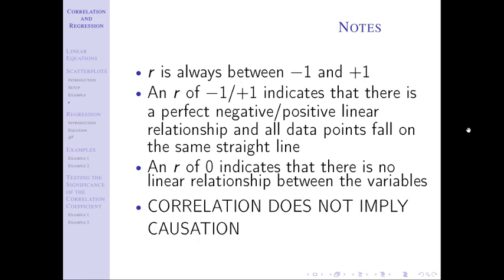Then our last bullet here, yes, it's in all caps. Yes, I'm yelling it at you. Correlation does not imply causation. That's a very important key point to note. We talked about this a little bit at the very start. 2 variables that are correlated does not mean that one caused the other. And that's a key thing that I need you to leave this course with, is that anytime you see a relationship between 2 variables, and this is just from an English standpoint, just let's break this down from the English words. Anytime you see 2 variables have a relationship with each other, it does not necessarily mean that one caused the other.